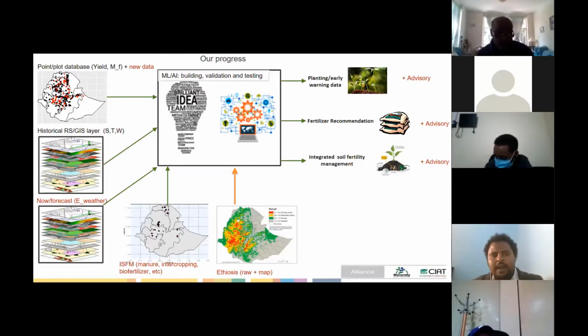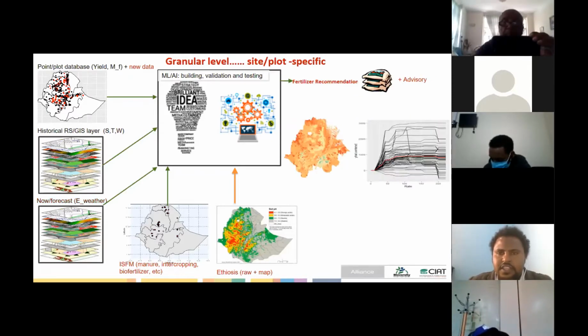So once we have all these set up, we will be able to develop the advisory system for fertilizer, soil fertility management, planting dates, and some other components into the extension system.